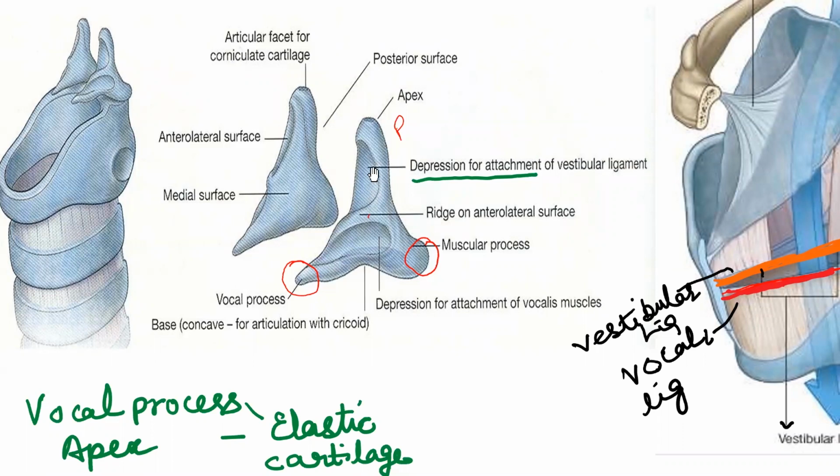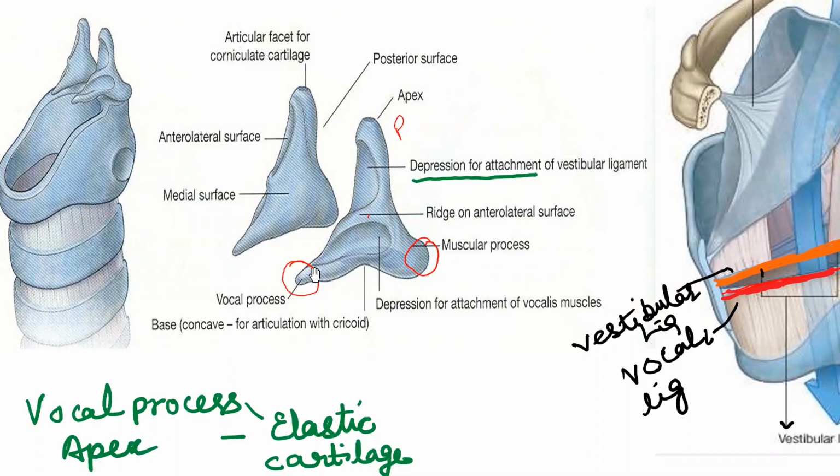And the arytenoid cartilage has three surfaces. This one is the outer anterolateral surface, one is this posterior surface, and third is the medial surface. And the medial surfaces of the two arytenoid cartilages will face each other. And the apex of the arytenoid cartilage will articulate with the other cartilage, that is the corniculate cartilage,